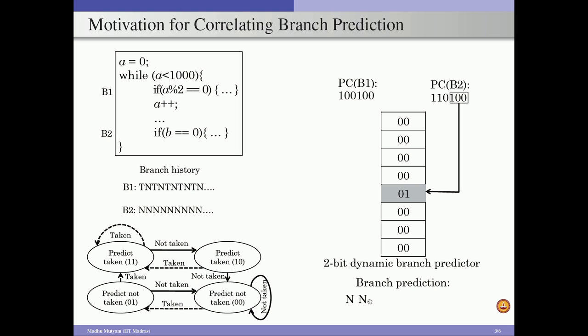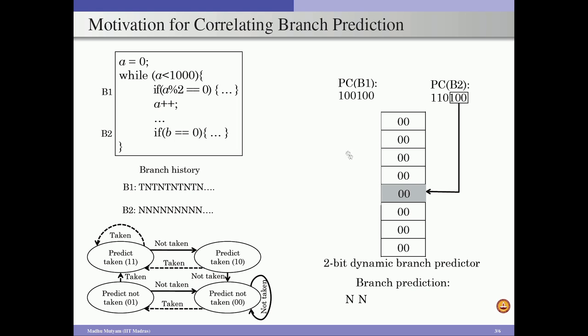Now, because this is in the 01 state, and the actual outcome of branch 2 is also not taken, both are the same. Now, in this 01 state, when the actual outcome is not taken, then we move back to the 00 state. So, that is what we have done here. Again we went back from 01 to 00,